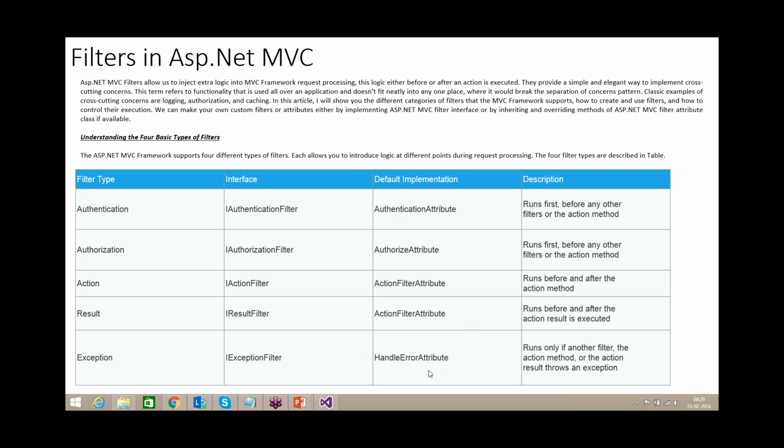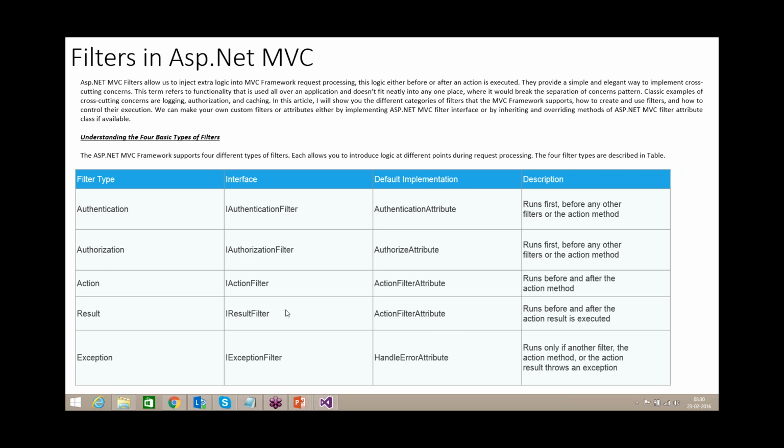If any exception happens in our controller method, that time this exception filter executes. Result filter and action filter, these two execute before and after your action method execution. Authentication and authorization filters execute before your action executes; these are mainly for authentication and authorization.